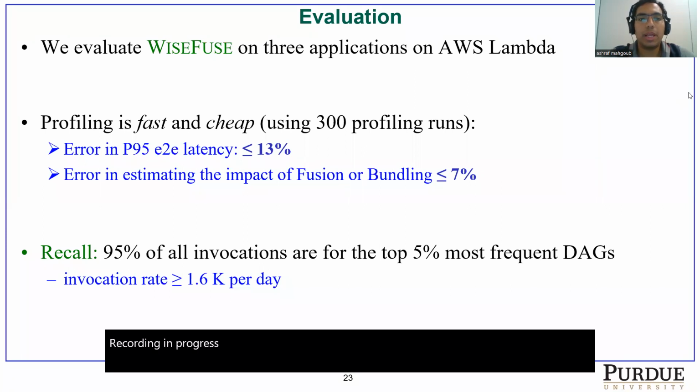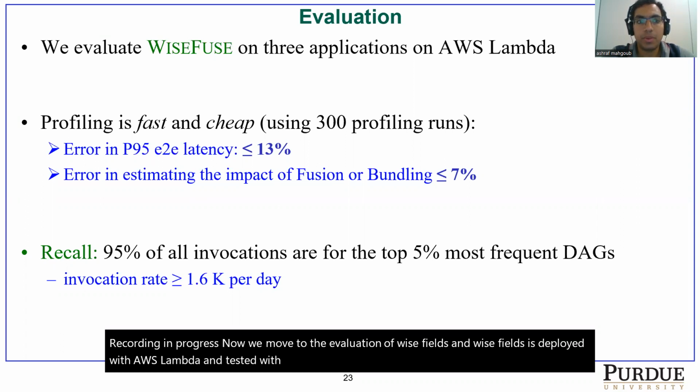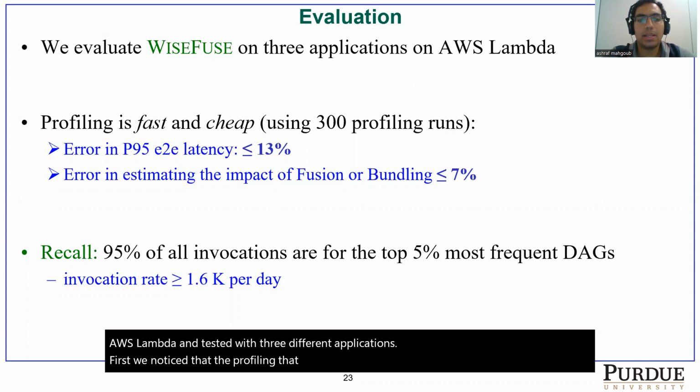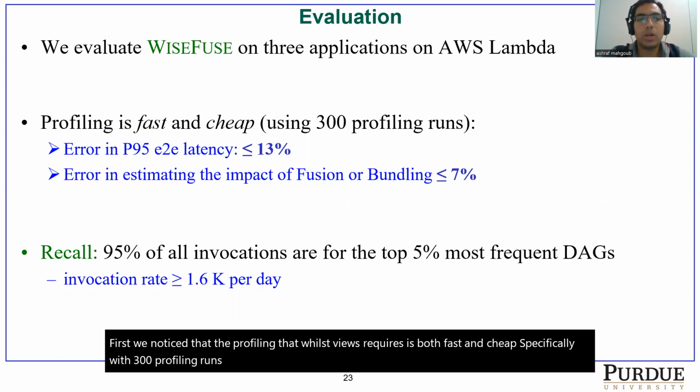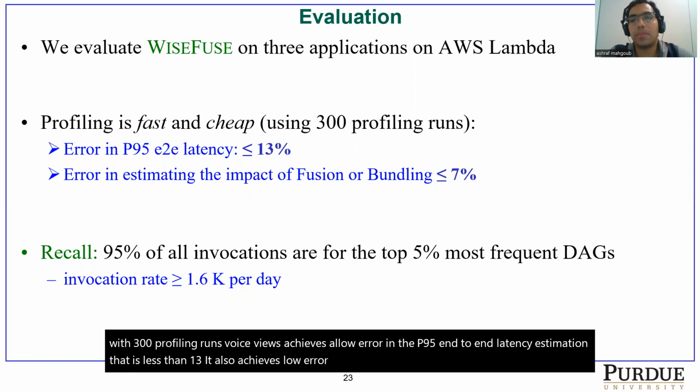Now we move to the evaluation of WISEFUSE, and WISEFUSE is deployed with AWS Lambda and tested with 3 different applications. First, we noticed that the profiling that WISEFUSE requires is both fast and cheap. Specifically, with 300 profiling runs, WISEFUSE achieves a low error in the P95 end-to-end latency estimation that is less than 13%. It also achieves low error in estimating what is the impact of doing either fusion or bundling, that is